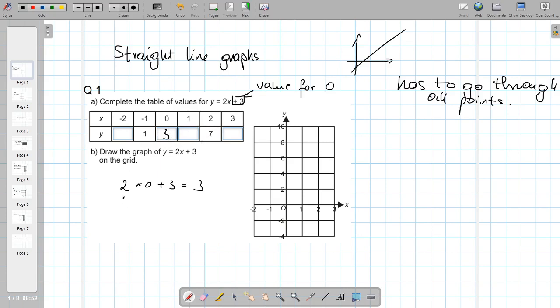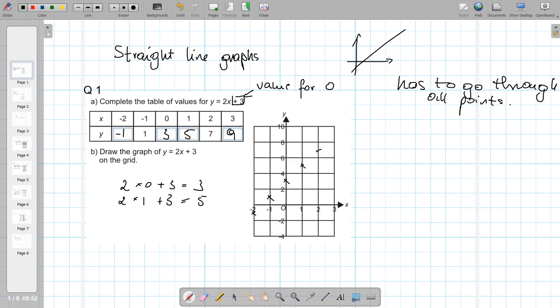Okay, so let's take the next example. We've got 2 times 1, because the next x is 1, plus 3, which is 5. The next one is 7. You should notice the trend, we're going up by 2 each time. So this is going to be 9, and just before that we would have minus 1. Unfortunately, this graph doesn't really show us the odd numbers, but we can guess they'll be in the middle, in between the lines. So for minus 1 we've got 1, for 0 we've got 3,